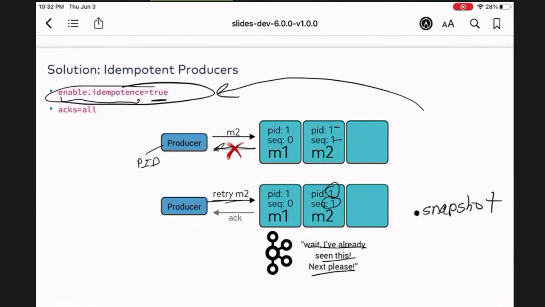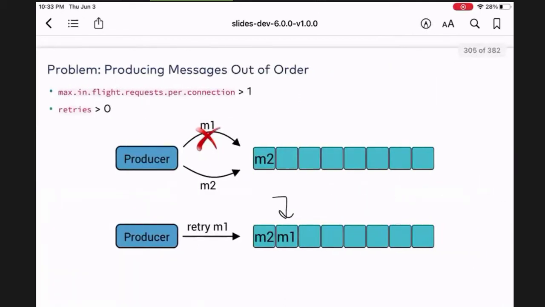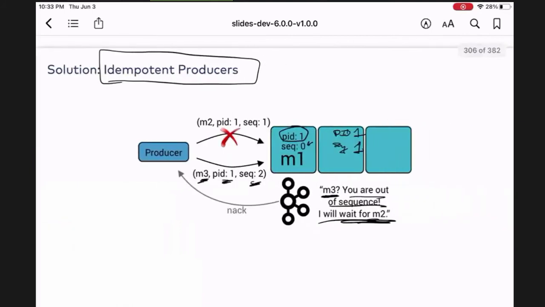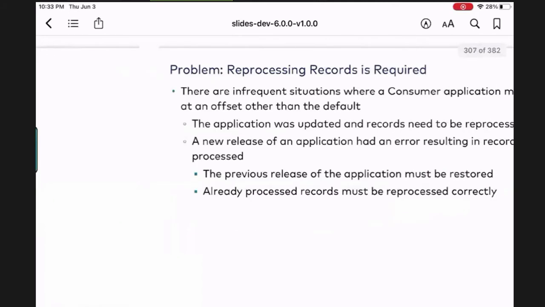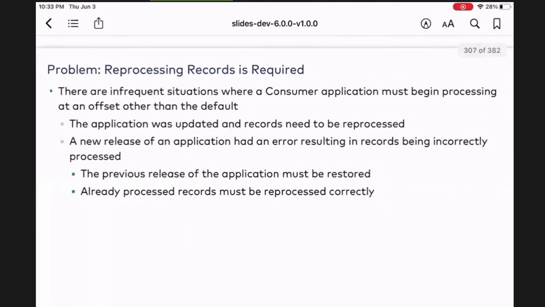When you set this, remember idempotence means the same operation can occur many times without changing the outcome, right? Sort of like taking the absolute value of a number. Or x assigned 5, you can do x assigned 5 10,000 times. It will still be x assigned 5, it doesn't change the result. So idempotent, same thing can happen many times. Like you can send many messages, but it won't store the duplicate. I'm sure you have your own definition of that, but just know that you don't have to worry about it. Enable idempotence set to true, and you don't have to worry about that.